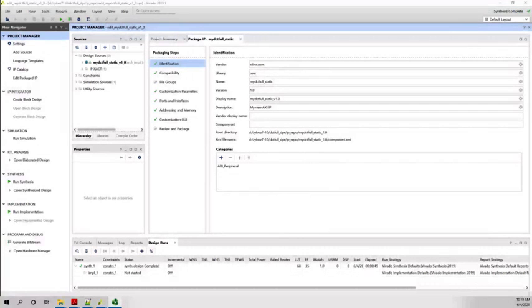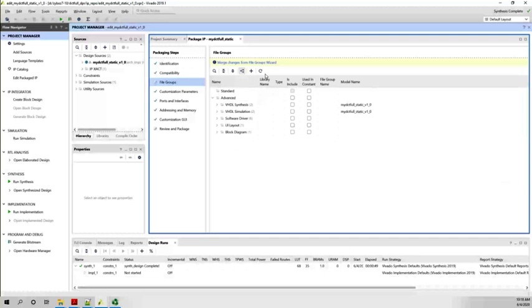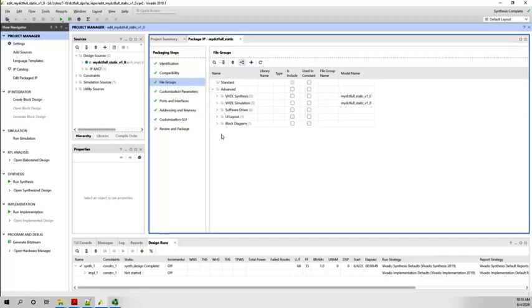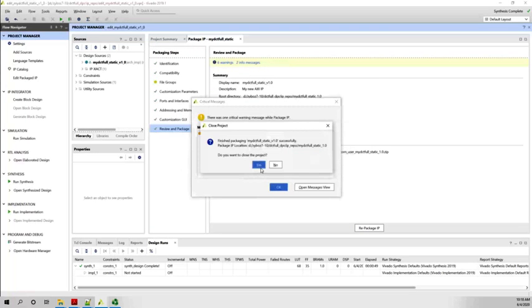Okay, it completed, and now, of course, remember you have to update the changes that you make. In this case, you created more files, so you have to update that. And then you just package your,